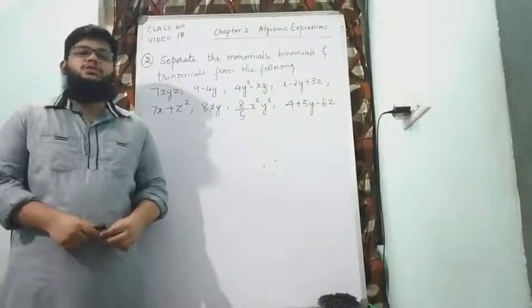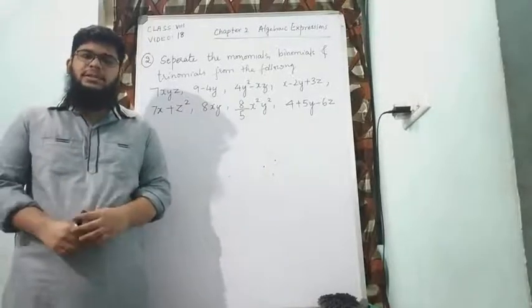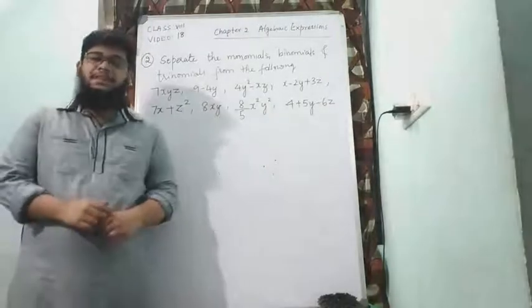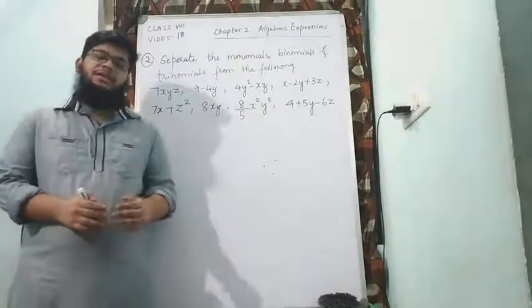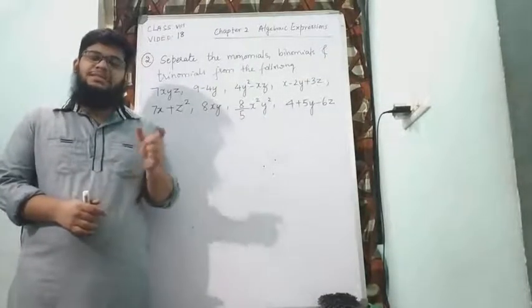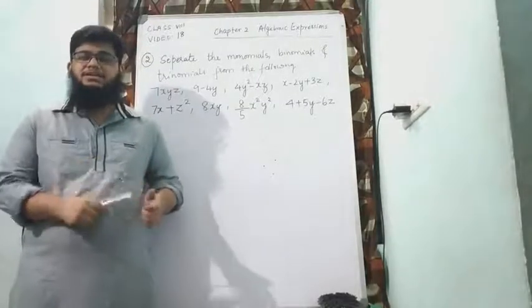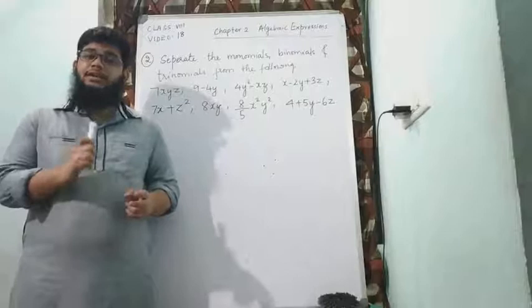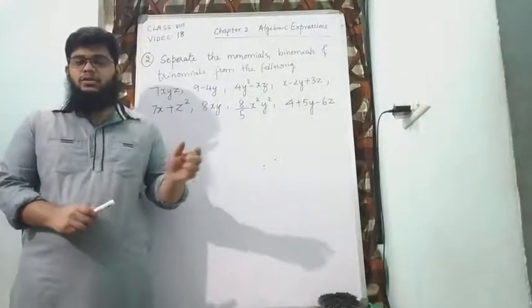And in today's class we'll be seeing how to separate monomials, binomials and trinomials. Before we start doing the problems, let us recall what monomials, binomials and trinomials are. In an algebraic expression, if we have just one single term, it is called a monomial. Examples are 5, 6, only a variable like x, y, or a combination of variables and constants like